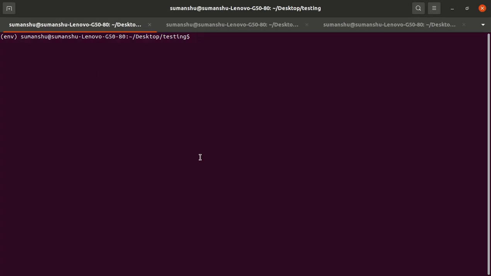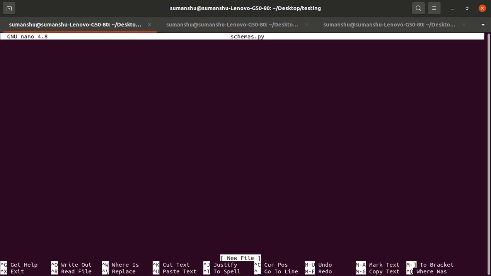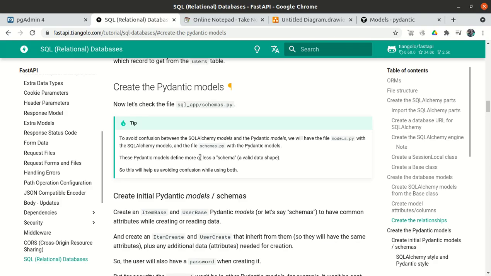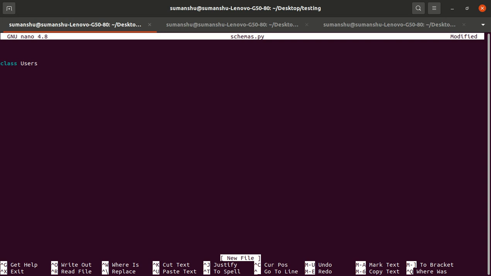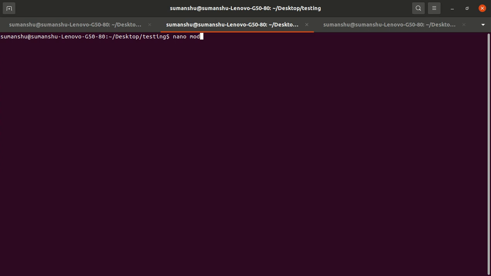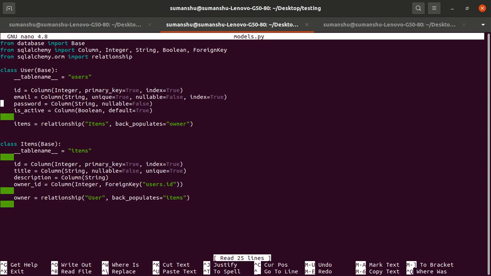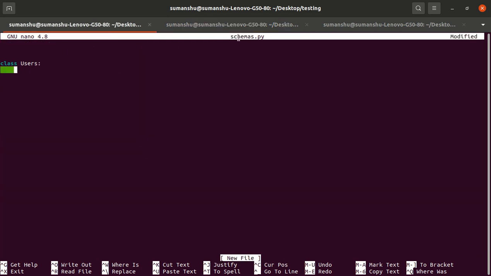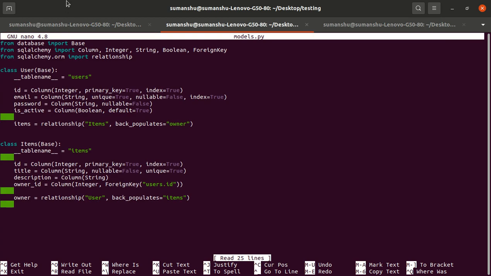So what we will do is create one file, the schemas.py file. We have created two tables, one is the user table and one is the item table. We will define the schema for the users table. Let me show you the model. So, for the user table, the user table contains four fields, ID, but ID will not be passed in the JSON. So what will be passed next? It will pass the email and it will pass the password.